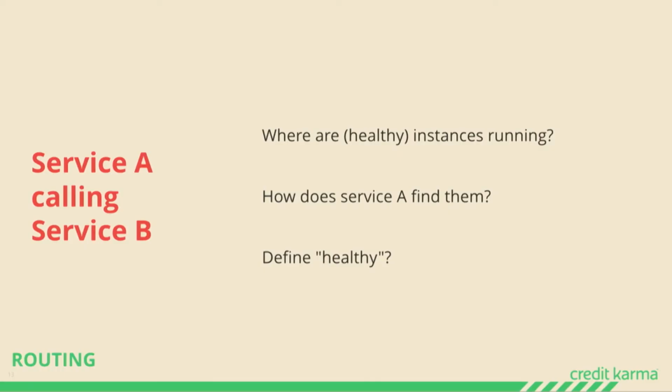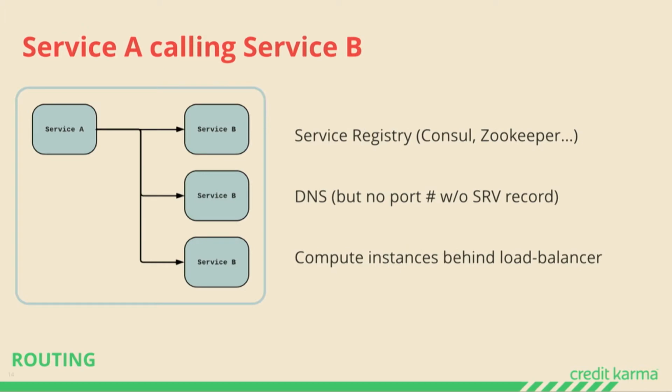Service A wants to talk to service B. Great. Where are the instances of service B running? How does A get a request to an instance of service B? Which instances are healthy and are some of them unhealthy? And what does healthy mean, which is different for every different service? So you start to look at tools or other options for finding these things that you want to send a